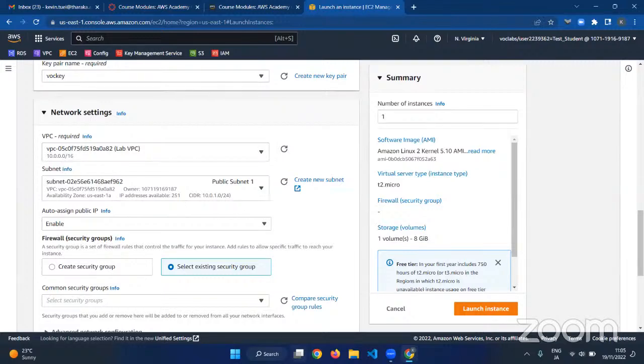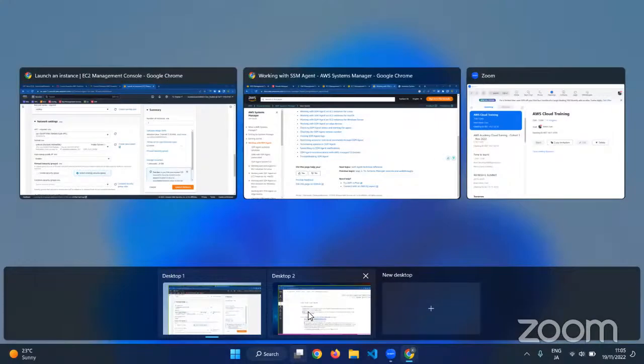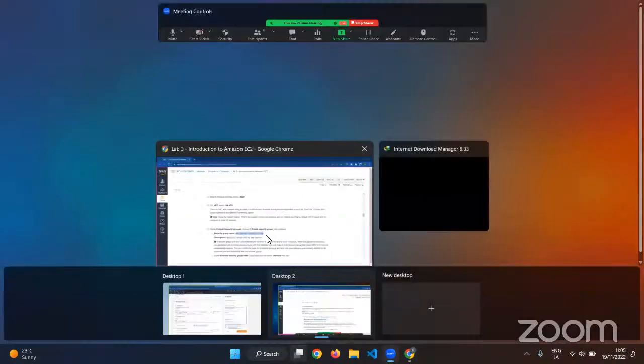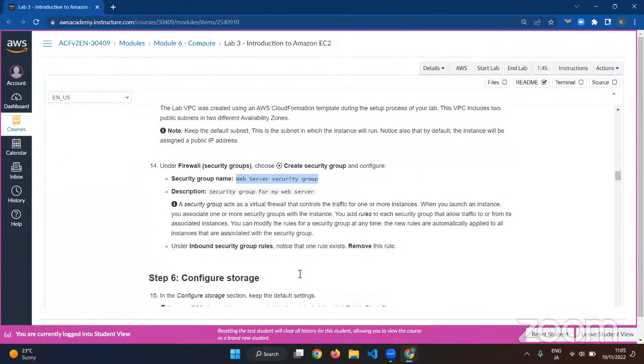Subnet, what is the subnet? I think public subnet 1 is fine. Yeah, keep the default subnet. Instances will be assigned a public address, which is fine. So what about this one? We're going to add